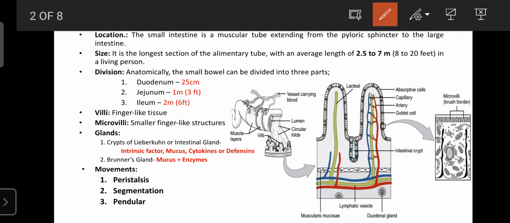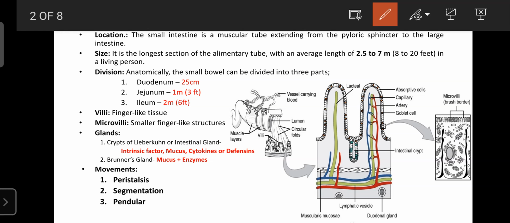So during research on various kinds of drugs, they can be screened with the help of duodenum, jejunum, as well as ileum, because these are smooth muscles. If you want to know how a drug will act on smooth muscle, you can test that drug on the jejunum, ileum or duodenum of the animals. Or if you want to know how the drug can affect GIT activity, then also you need to isolate these organs outside the body. So you should remember that when you are entering research.